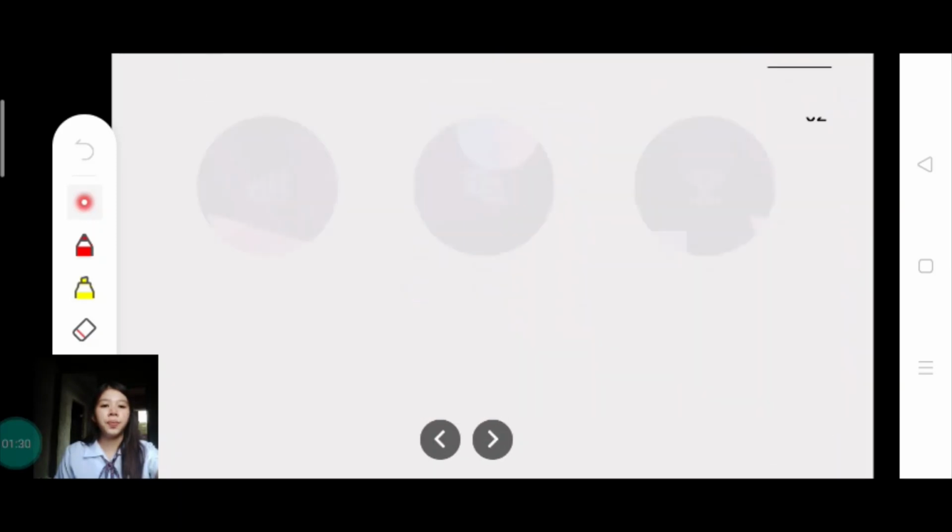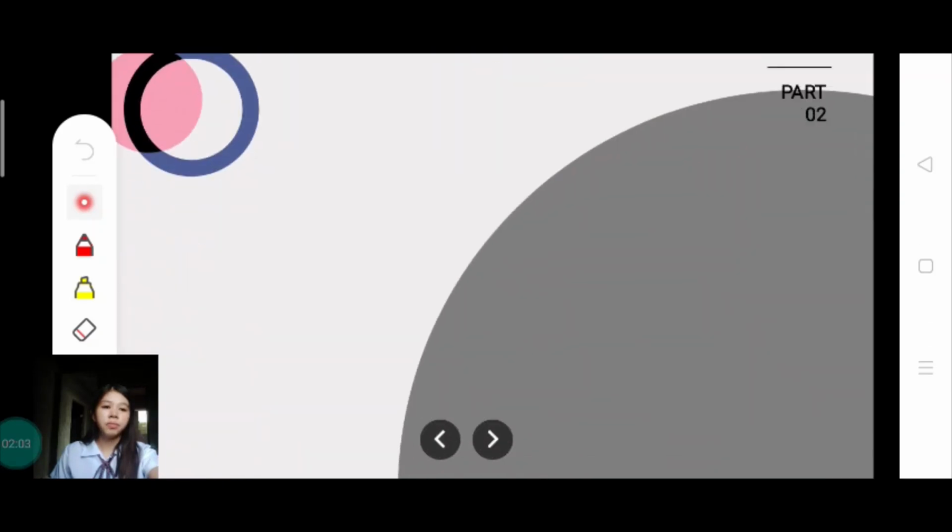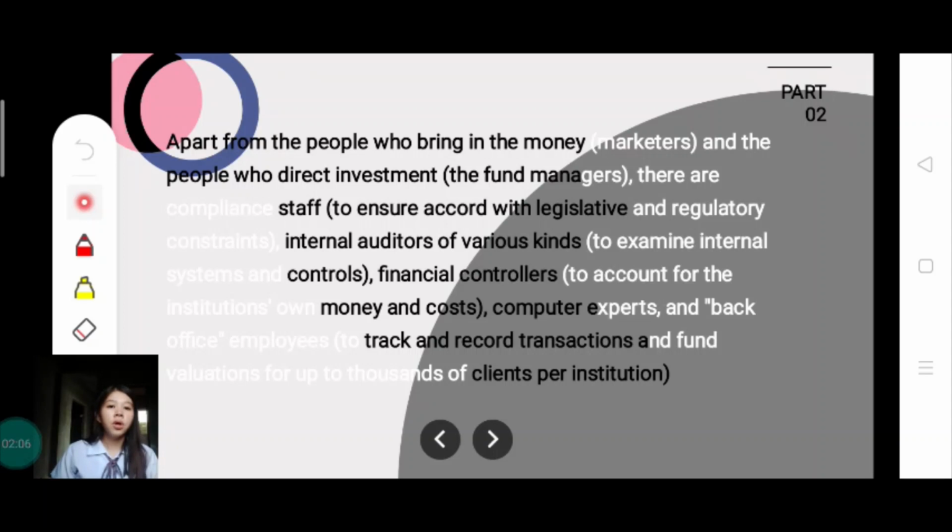Industry scope. The business of investment has several facets: the employment of professional fund managers, research of individual assets and asset classes, dealing, settlement, marketing, internal auditing, and the preparation of reports for clients. The largest financial fund managers are firms that exhibit all the complexity their size demands. Apart from the people who bring in the money, the marketers, and the people who direct investment, the fund